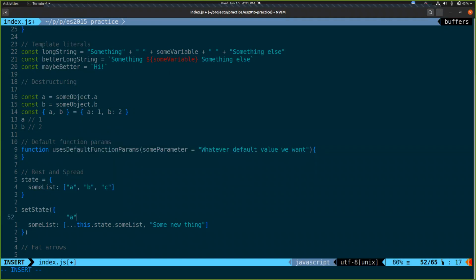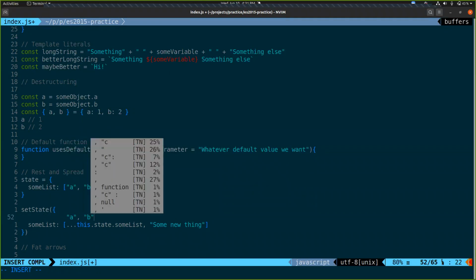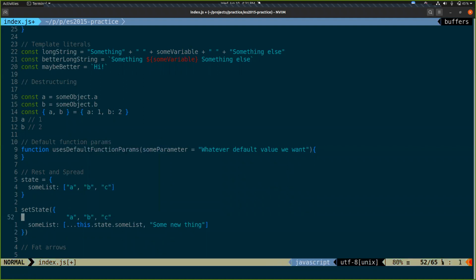And so it just became A, B, C. That's all it does, really, is just get rid of the square brackets.